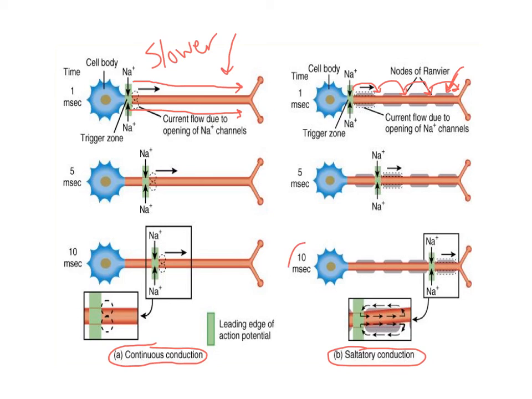So you can see after 10 milliseconds, this neuron is almost done. It's traveled about 3/4 of the way down the axon. Well, after 10 milliseconds in continuous conduction, this guy's only traveled about 1/3 of the way down. So what you need to know, saltatory conduction is because the axon is enclosed or covered with myelin, and this is much faster